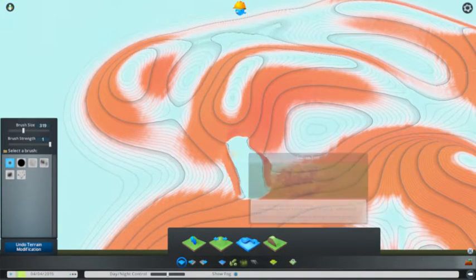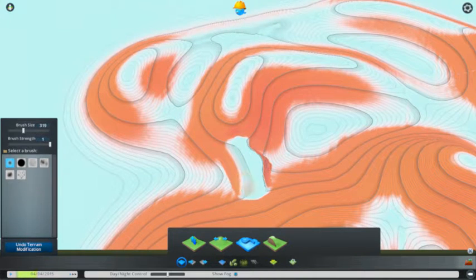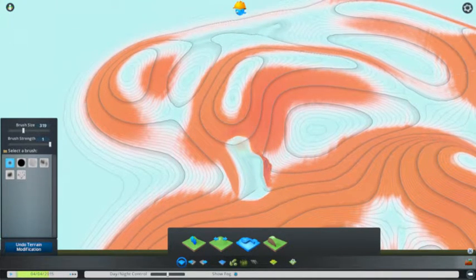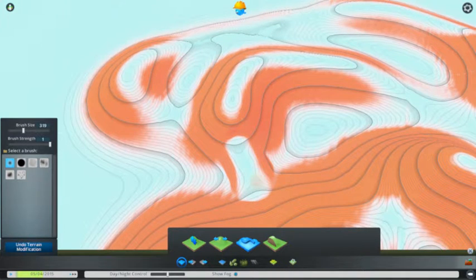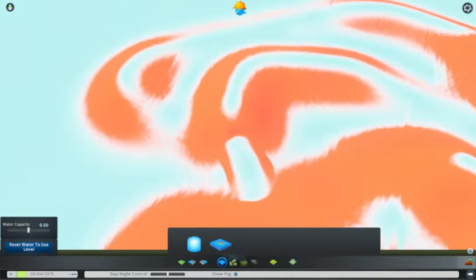Okay, now what I'm going to do is take this soften tool and add a little bit of softening to it here, just to give it that look like it's part of that there. So now, as you guys can see, there is this